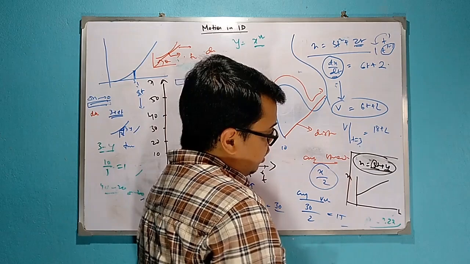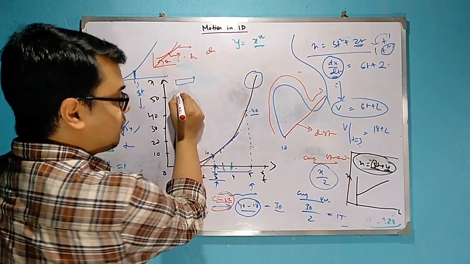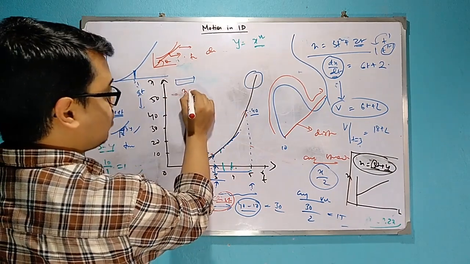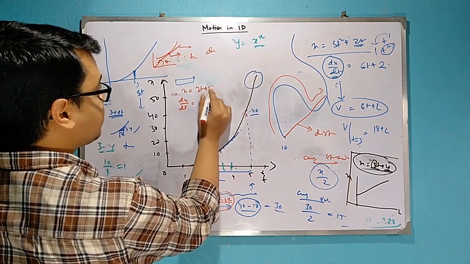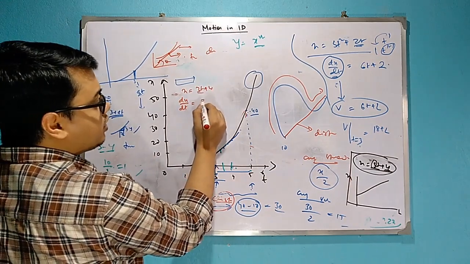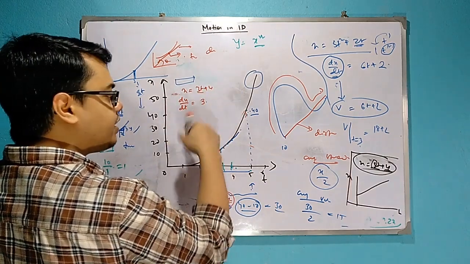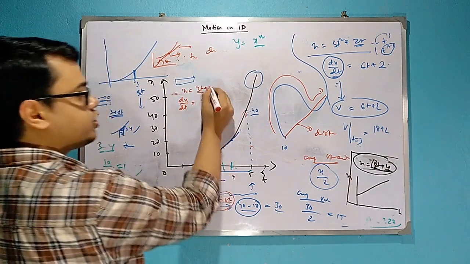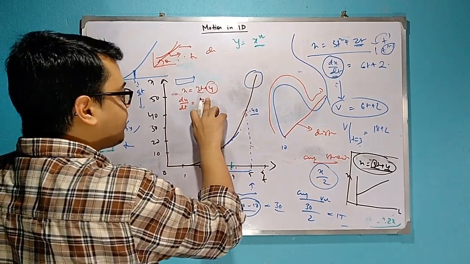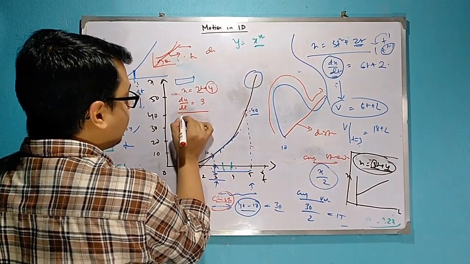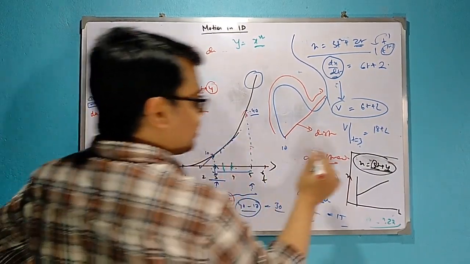Now, what is the instantaneous velocity at each point? Suppose x is equal to 3t plus 4, then dx by dt is equal to how much? 3t means 3 will be there, and t is the variable, so the derivative of t is 1. So 3 plus the rate of change of a constant, which is 0, because a constant doesn't change. So dx by dt is equal to 3. Now dx by dt is nothing but v, so the instantaneous velocity at any point is 3.